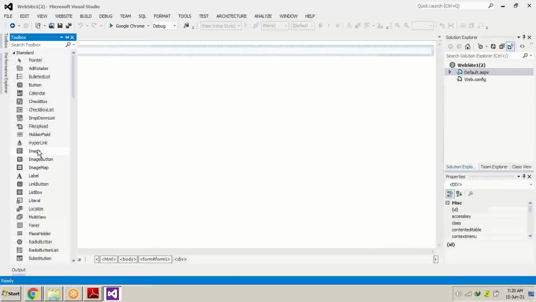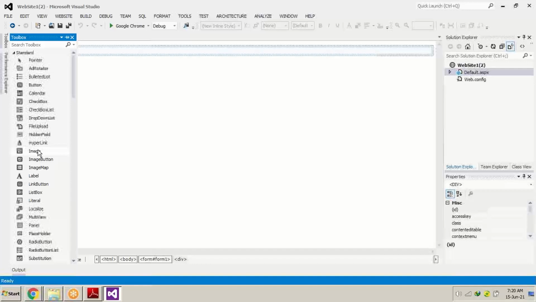The coding part will be taken care of by Visual Studio itself. Means if we drag a button, the HTML part will be created automatically by Visual Studio. There is a process where, if you want, you can write it over there also, but why use a lengthy process if you have a shortcut method?